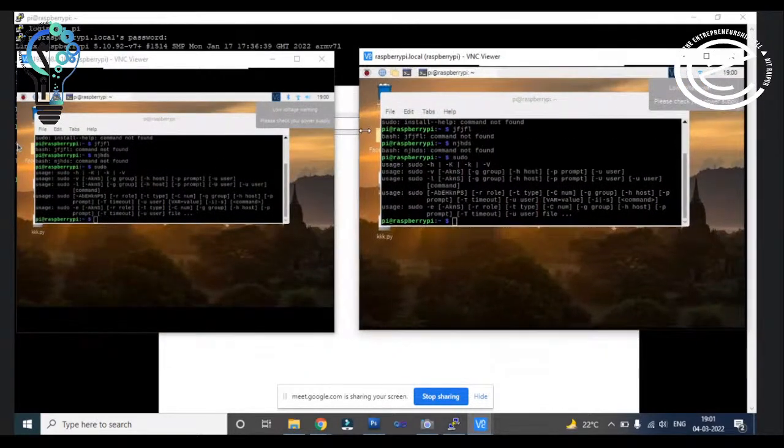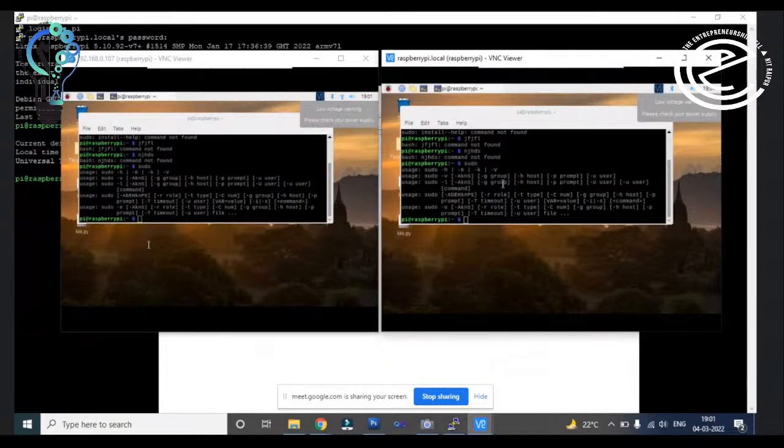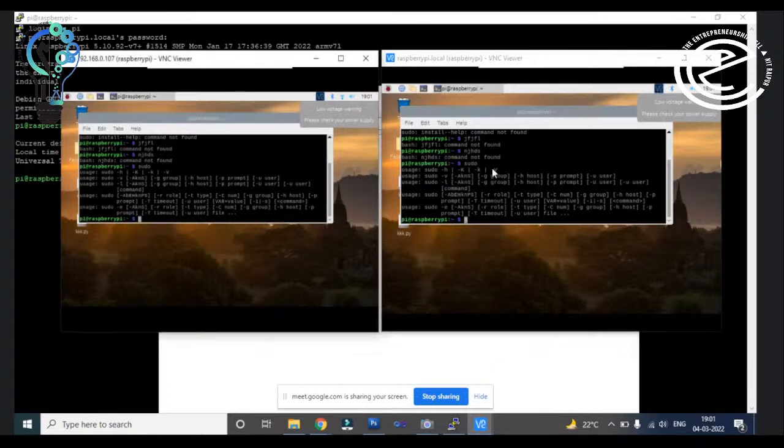So I just connected the Wi-Fi with this software. The one window is running with the LAN cable, and the second window is running with the Wi-Fi. So you can see when I am just moving the cursor in this window, then the same cursor is moving in the another window. It means both the windows are same. If I write here any command, then it will write the same command in the second window, right?